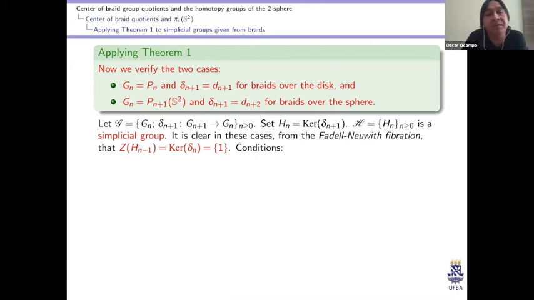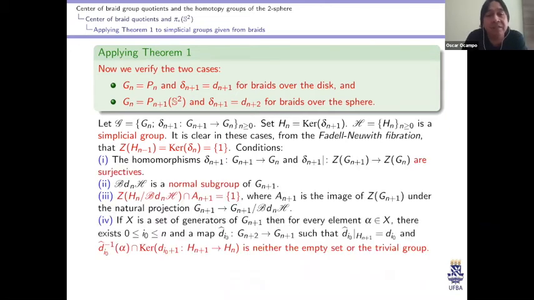And also we need to verify some conditions, these four conditions. So the homomorphism delta n+1, recall, is the forgetting map d n+1 for the disk, and delta n+1 is the forgetting map d n+2. I need some shift here